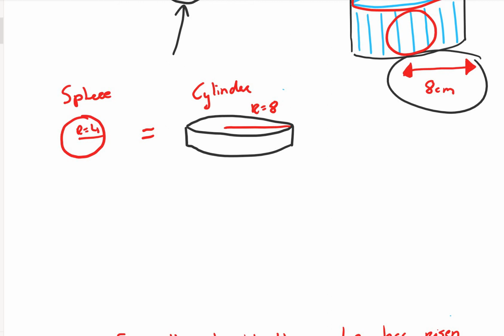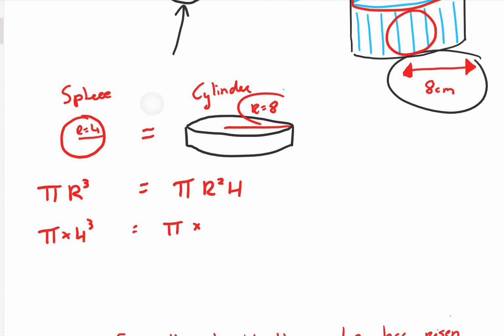Now, the formula for the volume of the sphere is 4/3 pi r cubed. The volume of a cylinder is pi r squared h. I'm asked to find the height that it's risen. Often here I will just leave the pi's as themselves because I can cancel them out. Okay? But we'll put in what we know first of all. So leave pi as pi, multiply by the radius, which is 4 cubed, equals pi multiplied by the radius here, which is 8 squared, multiplied by the h. Okay, 4 cubed is